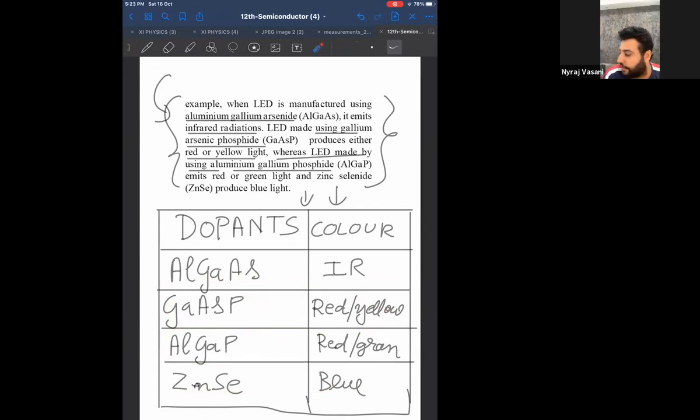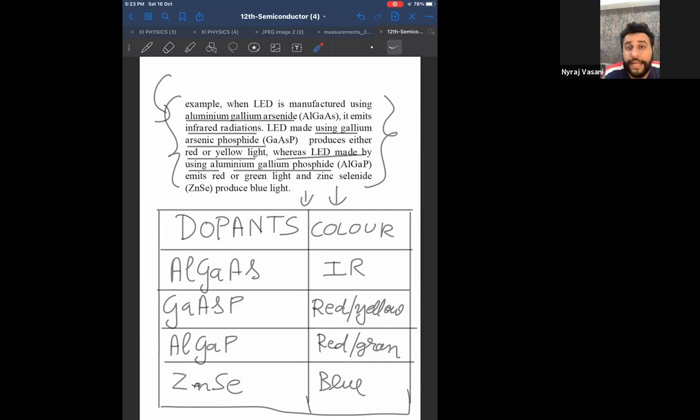For example, you take any TV remote. Every remote will have an indicator light, or the TV will have an indicator light. All that is LED only. Or your mobile on the top, when you get a missed call, has an indicator light; even that is LED. What happens in a multicolor LED? All the dopants are there, and they keep changing it. That is a multicolor LED. You might have seen lights where you press the button and the color changes.